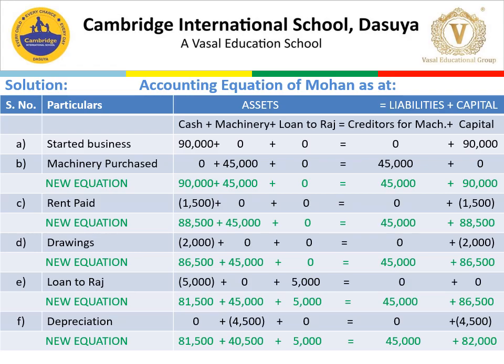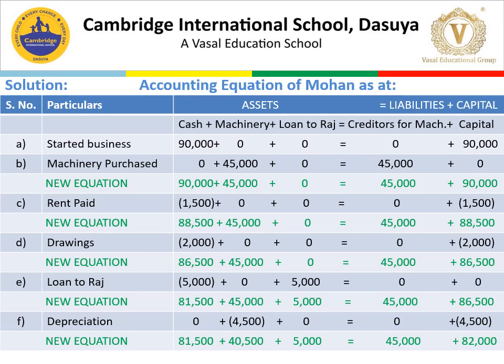Next is depreciation. Now what is depreciation? Depreciation is the reduction in the value of assets due to normal wear and tear. So due to this depreciation, the cost of the machinery will fall. So there is a decrease in the cost of machinery, and it is clearly mentioned in the question that depreciation is 10% on the cost of the machinery. 45,000 is the cost of the machinery and 10% of 45,000 is 4,500. So we will deduct 4,500 from the machinery, and the same amount of rupees 4,500 will also be deducted from the capital, because depreciation is also considered as an expense.